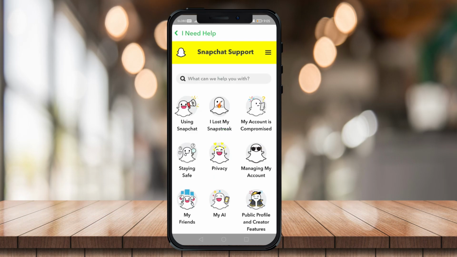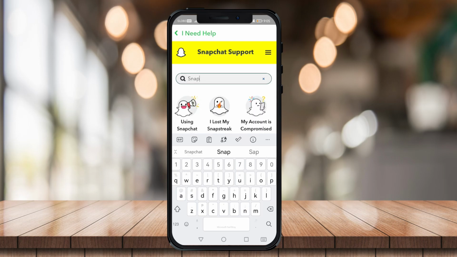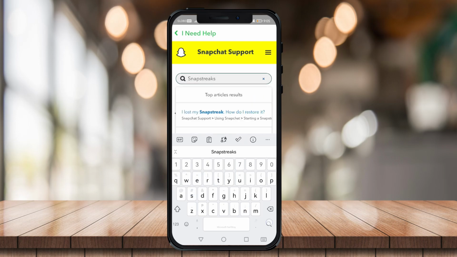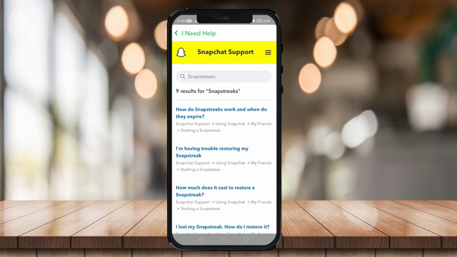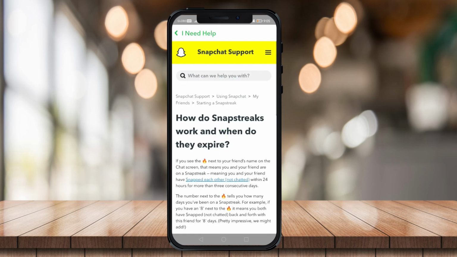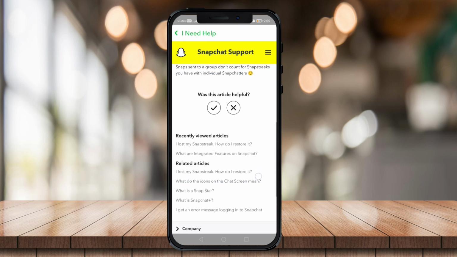And once you're in the page, you just go to the search bar right here that says what can we help you with, and just search Snapstreaks. Now once you've searched Snapstreaks, just click on the first result, and just scroll down until you see the recently viewed articles. Just I lost my Snapstreaks, how do I restore it? Just click on that